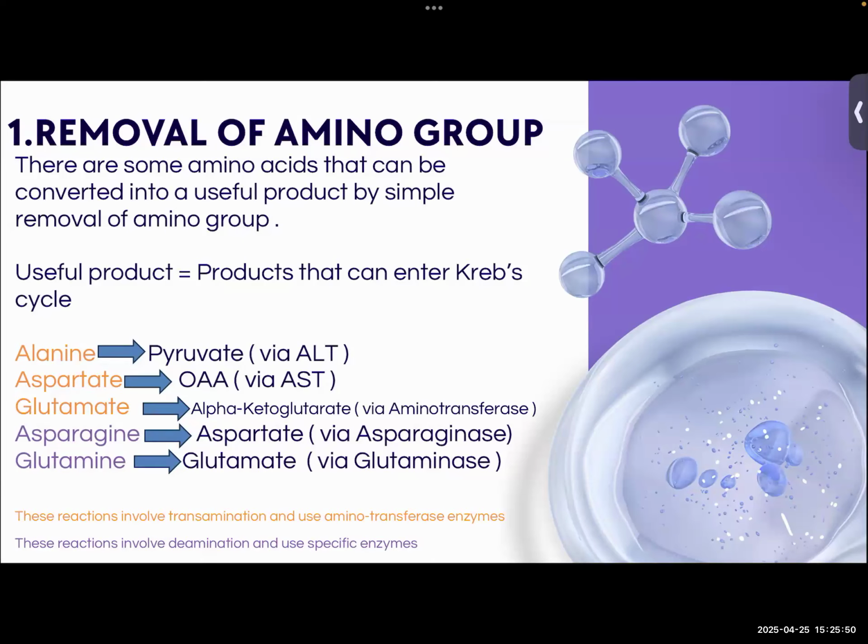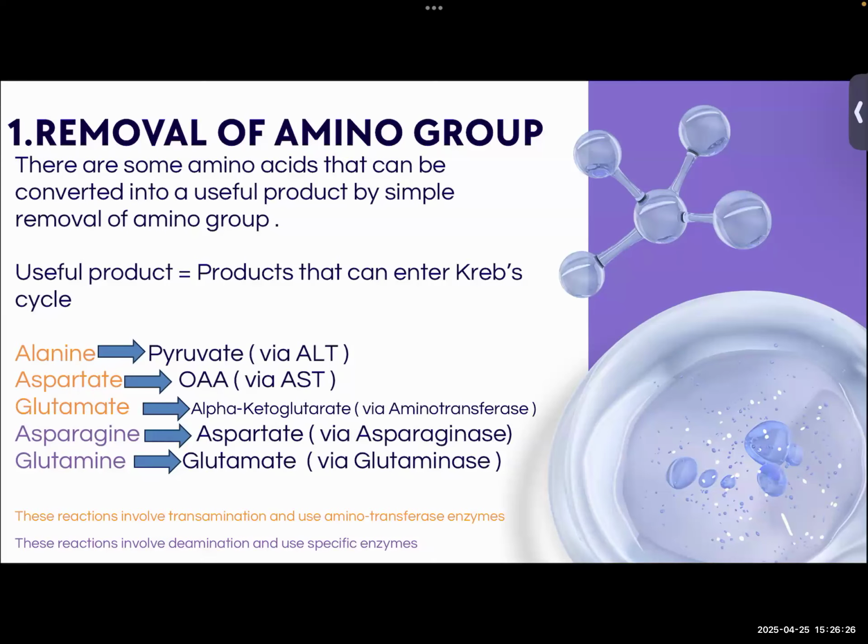Again, the 5 reactions, you need to remember the starting amino acid, what they're broken down into, and the enzyme. So all 3 things are extremely important for you to remember. So alanine is broken down into pyruvate via ALT, which is alanine aminotransferase. And then aspartate is broken down into oxaloacetic acid via aspartate aminotransferase. Glutamate is broken down into alpha ketoglutarate via an aminotransferase as well. And then asparagine is broken down into aspartate via asparaginase enzyme. Glutamine is broken down into glutamate